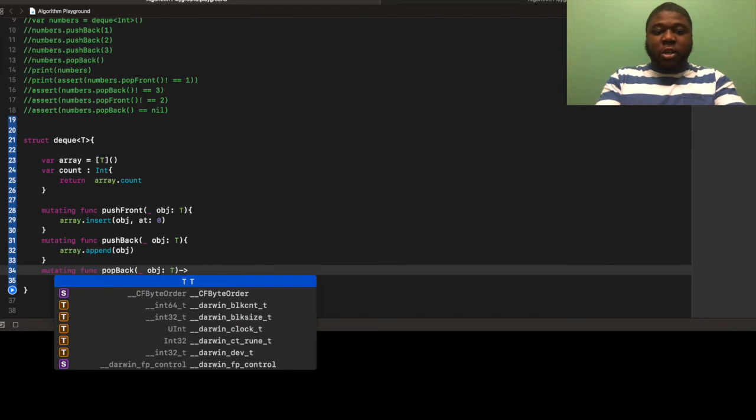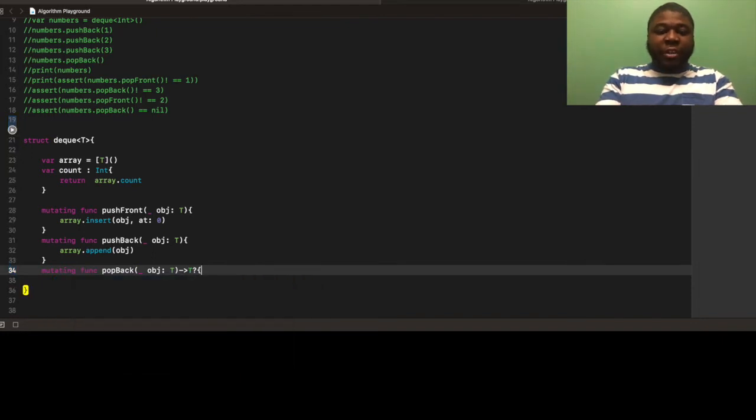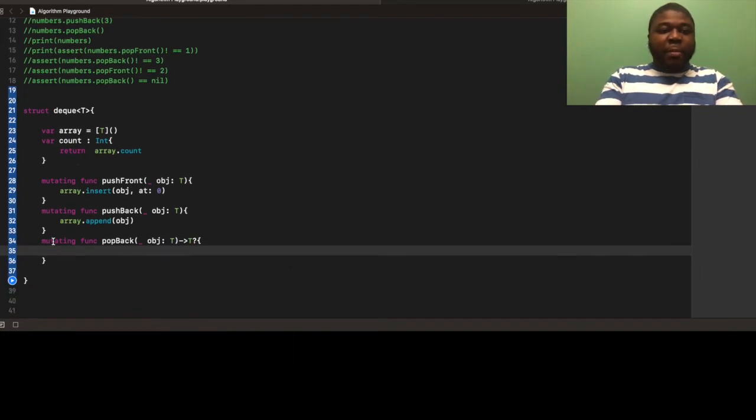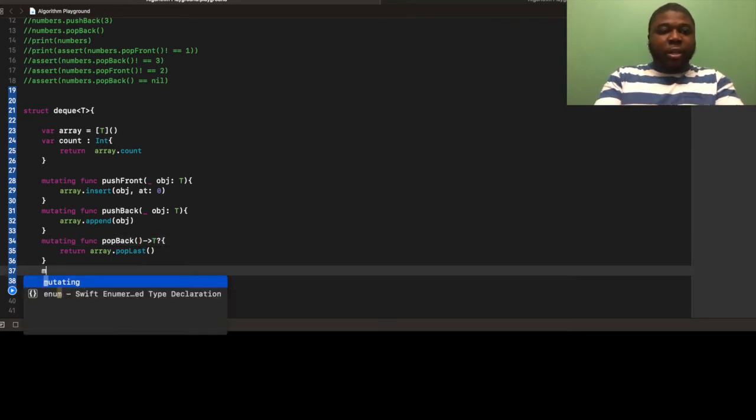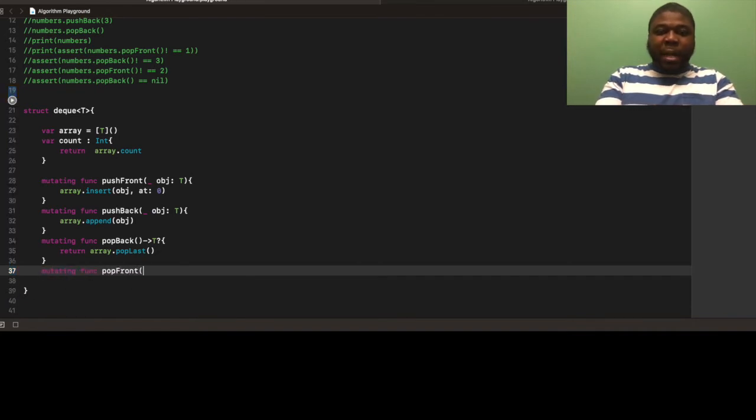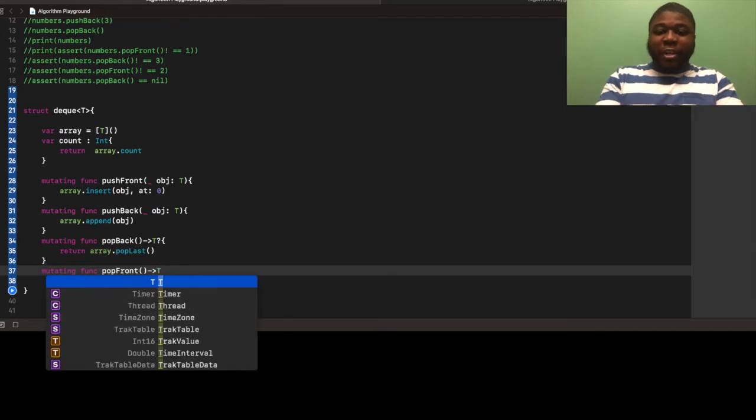And we're going to return a nil optional generic just in case we don't have anything to return in here. And we're going to pop the back of our array, pop last. In fact, I don't think we even need these parameters here. Just call it pop back. Then we're going to pop the front as well. And the pop front is the most fascinating part of this very